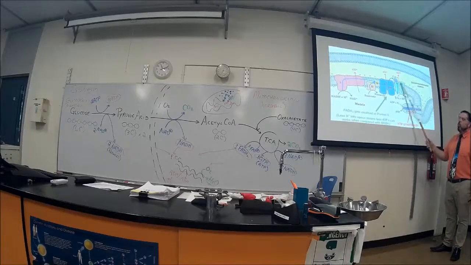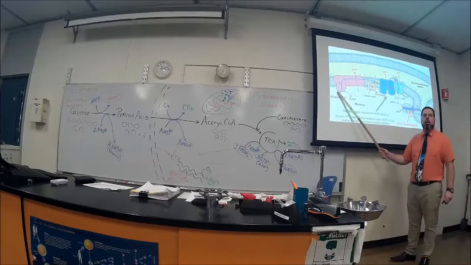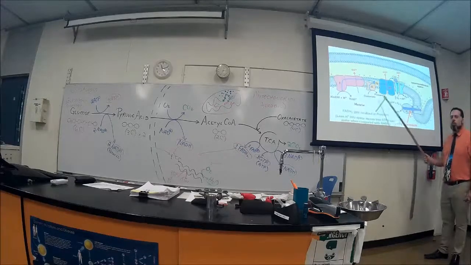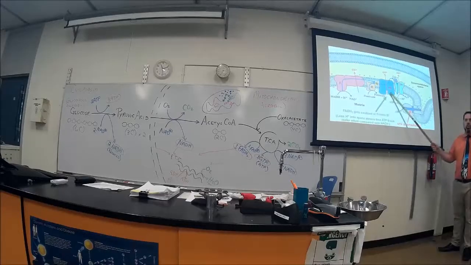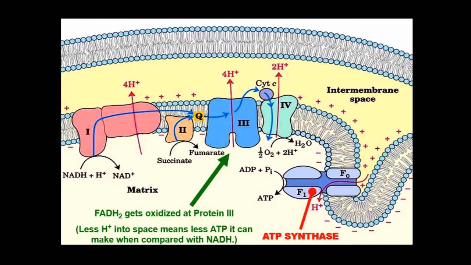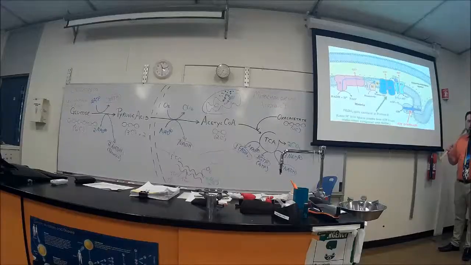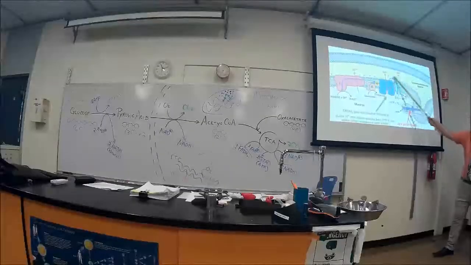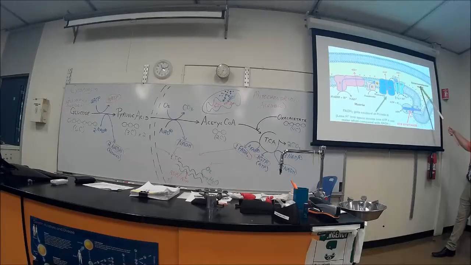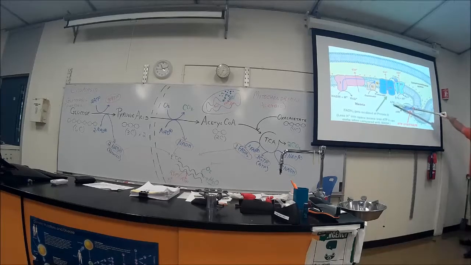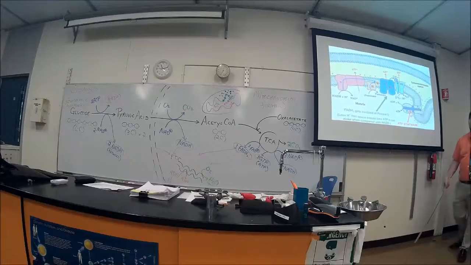You're only going to get one here and one here. Does that make sense? Whereas NAD happens much earlier, so you're going to get 3. You're going to get a little bit more than FADH2. Because the NADH is used in all of them, whereas the FADH2 is only used in the third one here. And it's pushing all those hydrogens and creating a higher concentration of hydrogens there, which is then going to fuel and push it into this ATP synthase,